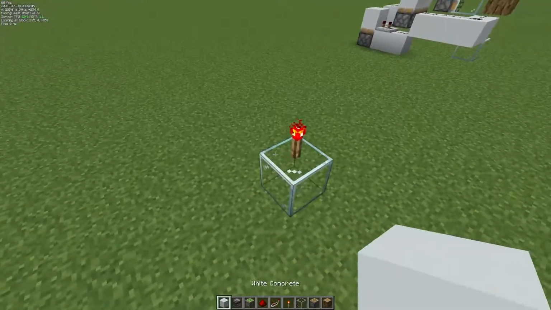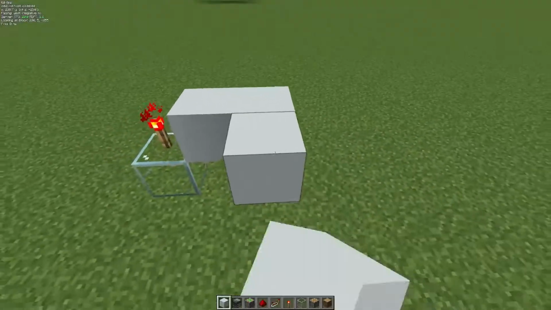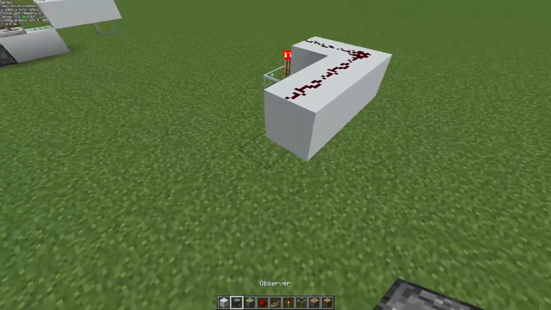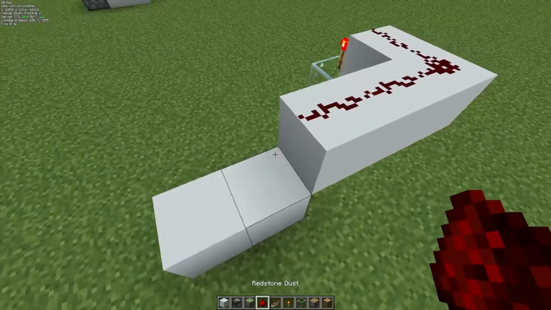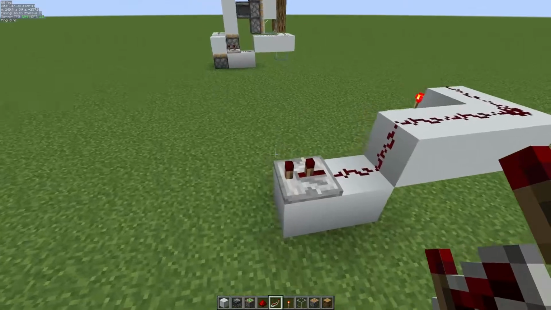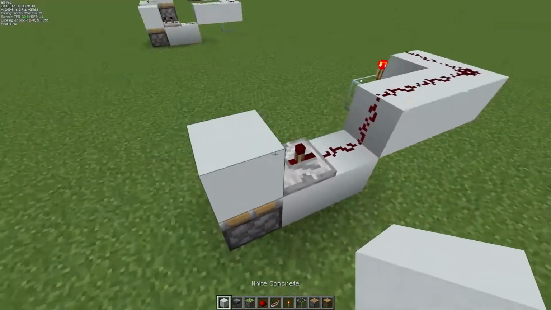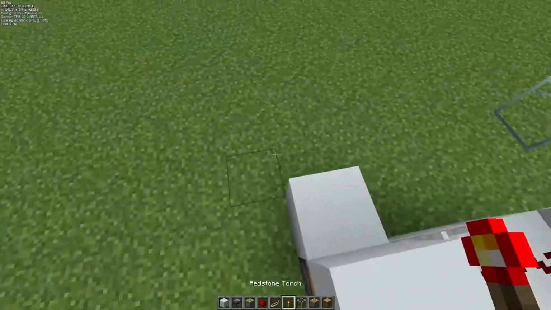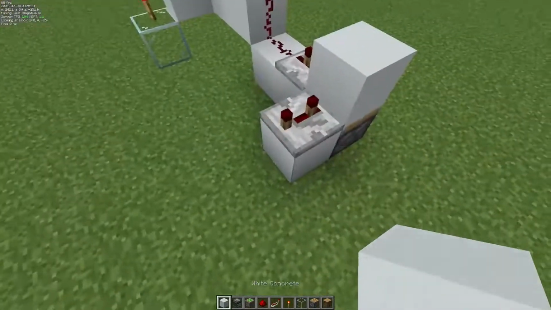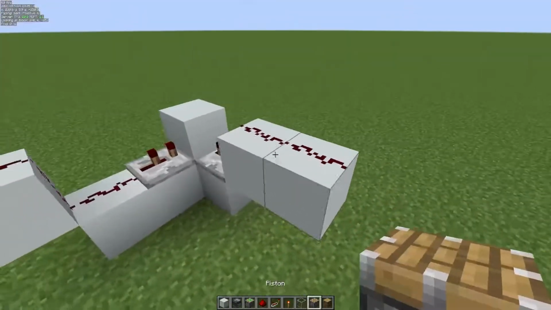So it's glass, and then a redstone torch, and then you'll need a couple of building blocks, 4 building blocks, all with redstone dust. And then you'll have 2 that goes down a block, redstone dust, repeater on 2 ticks, with a sticky piston, and then a block into it, and then another block with 3 ticks on it, and then this will go up into a block with